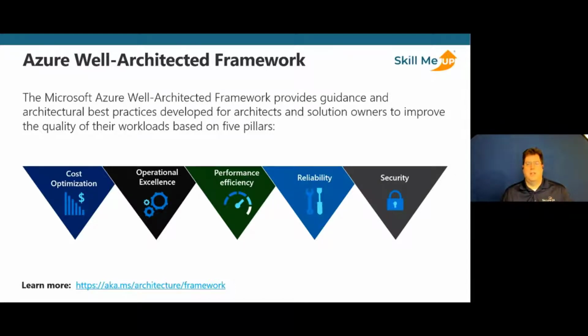And the 5 pillars that Microsoft has built and looks at are cost optimization, operational excellence, performance efficiency, reliability, and security. And if you go back to the first section of slides where we were talking about the cloud adoption framework governance, a few of these were mentioned in terms of that governance area as well. The cost optimization, the security, and the performance are all going to be something we want to look at, and we want those workloads also to be very reliable.